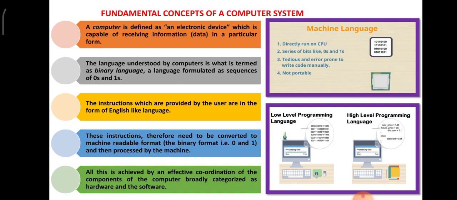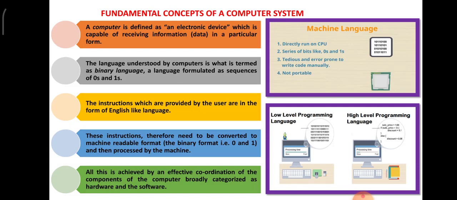As I have given you an example of the interpretation of English being used by the user, but the other person, the student who does not know English, how can it happen? It can happen with the help of a translator who can translate English and give it to the student in the local language. Now that is possible, but how is it possible in the form of computer languages, that is, English to the machine language? It can be done only with an effective coordination of the hardware and the software. Hope this is clear to you.